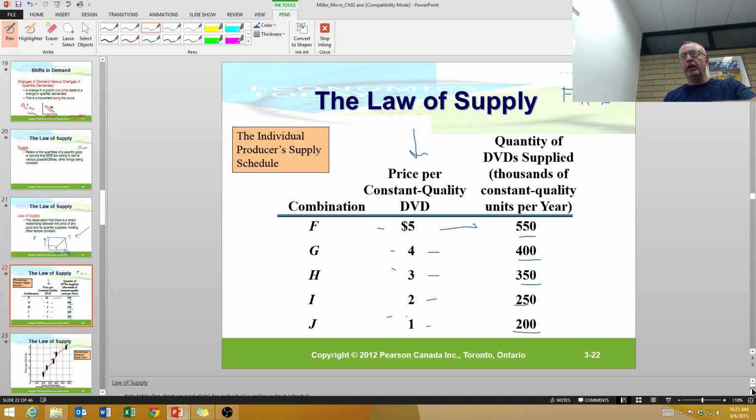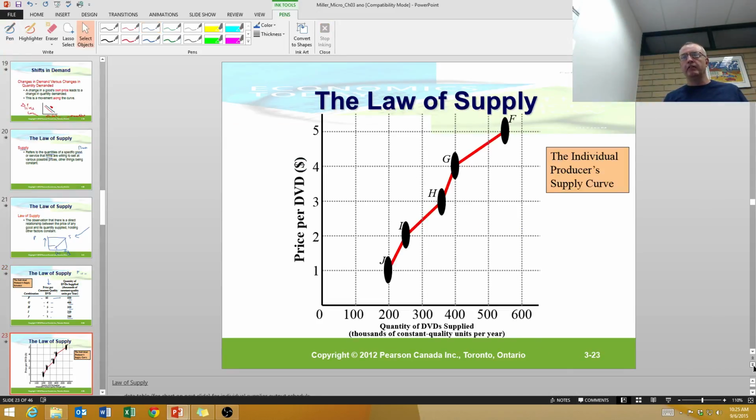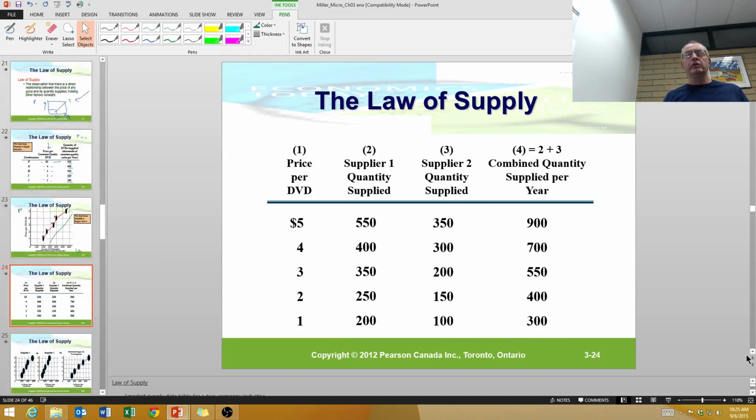So of course we can plot that, and here's our upward sloping supply curve for an individual company. Here's our quantity in the bottom. Here's our price on the y-axis. And then, of course, we can draw the supply curve for the industry as a whole by simply summing the supply curves for each individual firm in the industry at the different price levels. So here's our price levels: 5, 4, 3, 2, 1. Supplier number 1, supplier number 2. In our 2 industry market, here's our aggregate supply,